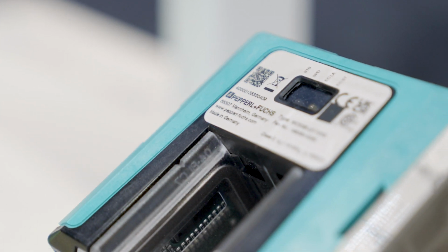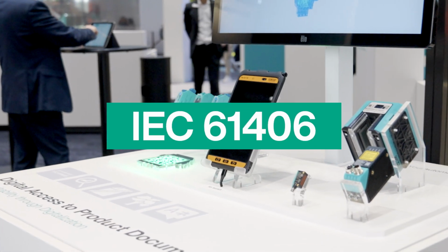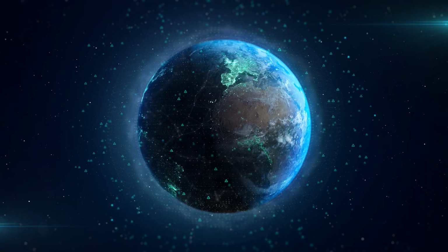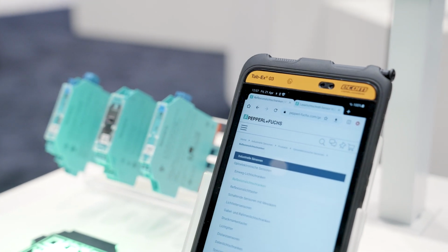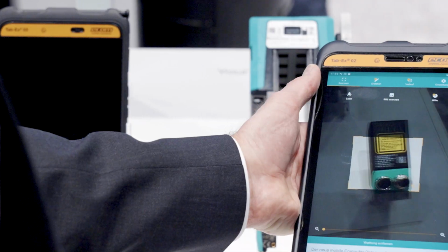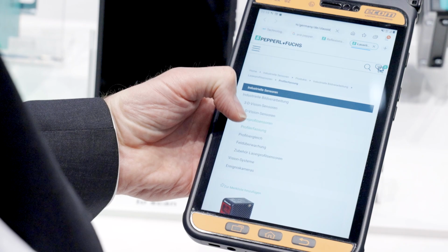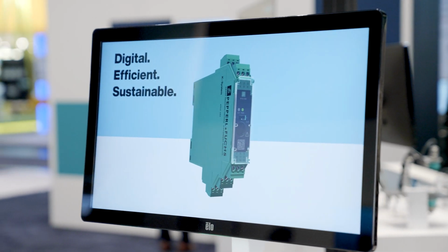This instance level identifier is standardized in IEC 61406 and enables manufacturer information to be linked to product instances. Using mobile devices, components in a plant can be identified fast and easy. The information can be accessed at any time, regardless of location, creating an important communication path within the digital data